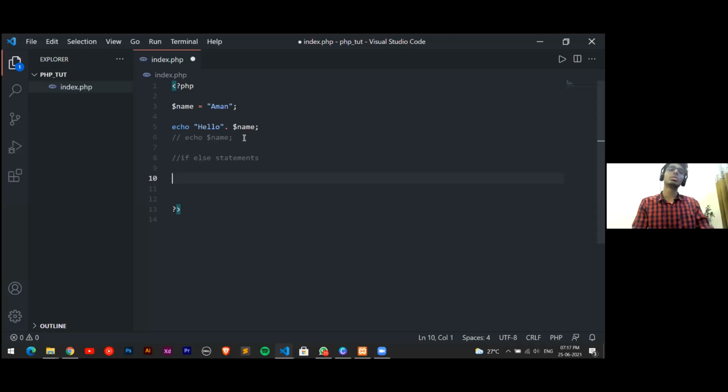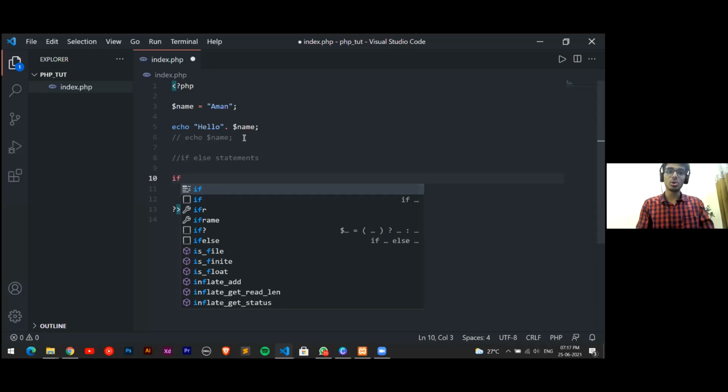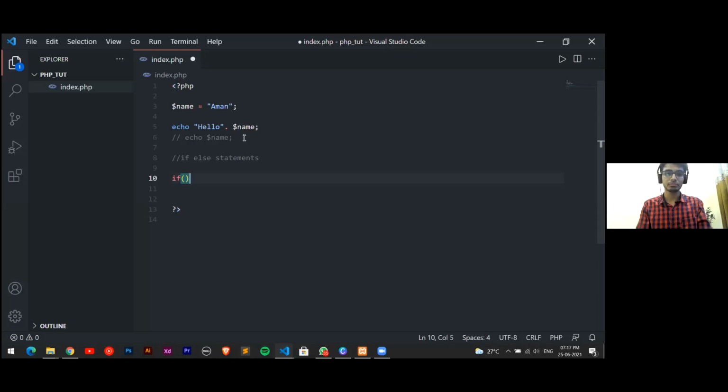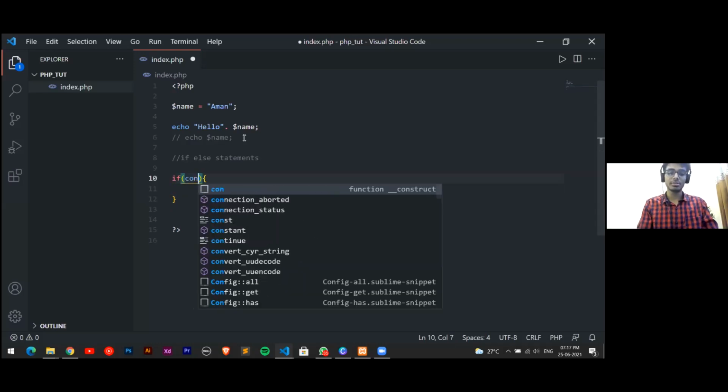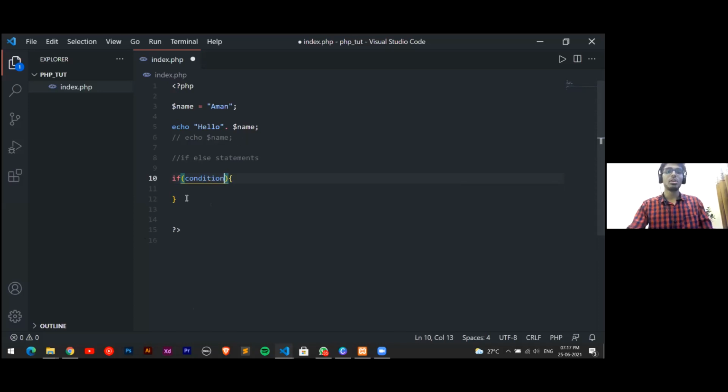I'll just go over here, write if, give parentheses, and this is a basic if statement where we write if, and inside parentheses we provide it with a condition, whatever condition we want to check.